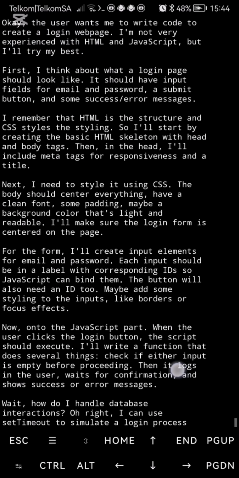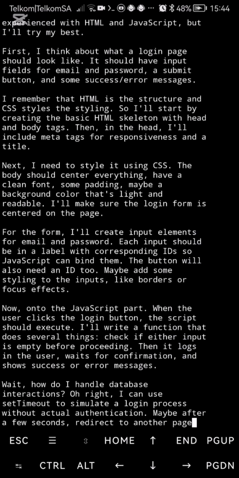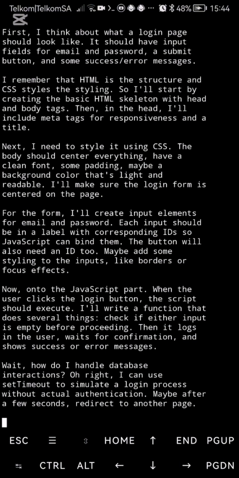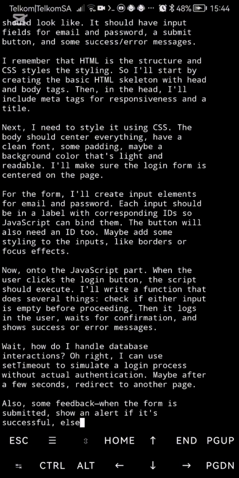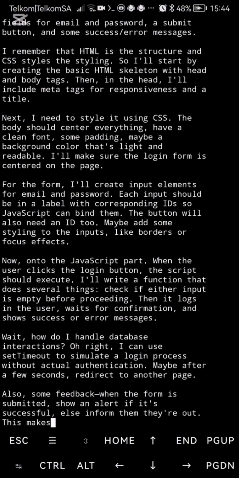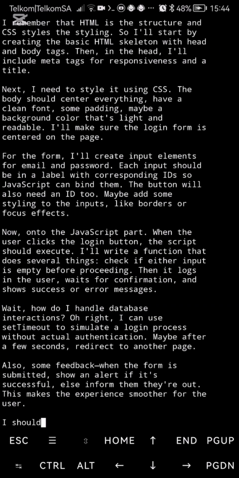As you can see, guys, the model is going through everything. It's thinking. The phone, whether you have internet or not, will think through your problem, then come up with a solution. So for now, as you can read through the steps it has taken, you will see that after this, it will give you the actual code that you're just going to copy and paste into your